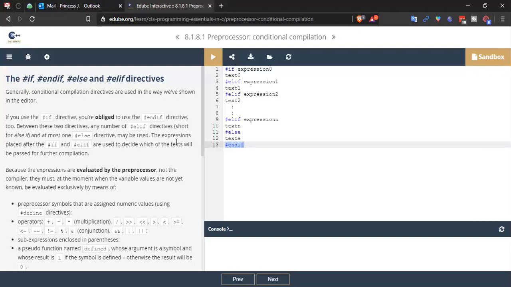Between these two directives, any number of #elif directives and at most one #else directive may be used. The expressions placed after the #if and #elif are used to decide which of the text will be passed for further compilation. Because the expressions are evaluated by the preprocessor, not the compiler, they must, at the moment when the variables' values are not yet known, be evaluated exclusively by means of